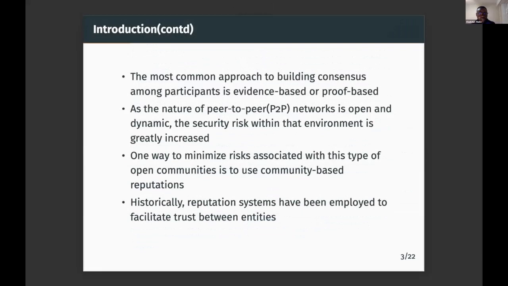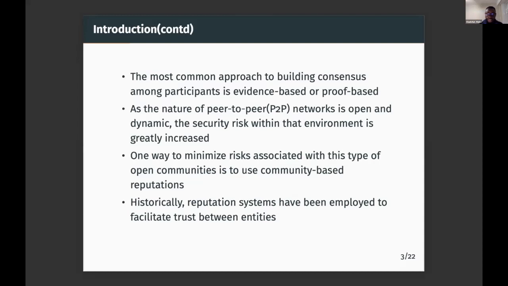So the most common approach to building consensus among participants is evidence or proof-based, and examples of other consensus mechanisms that use this approach are proof of work and proof of stake, which I'll review later in the related work section. And as the nature of peer-to-peer networks is open and dynamic, the security risk within this kind of systems